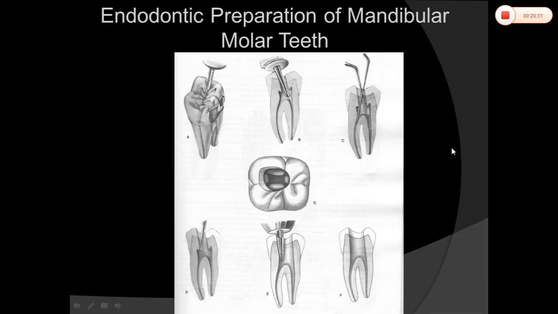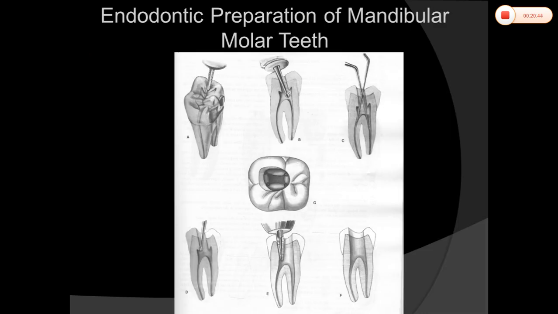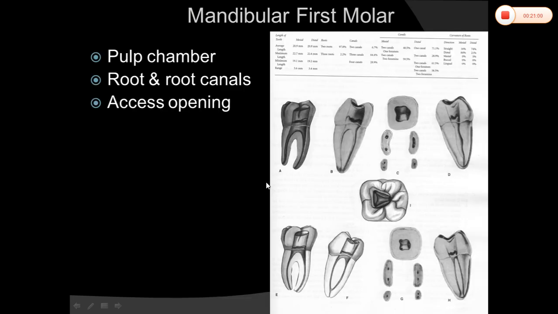We move on to mandibular molars. Again, this is the first erupted in the oral cavity. The mandibular first molar is the first tooth to erupt in the oral cavity, and it is also a tooth at high risk for caries because it is the first tooth to erupt. Generally, the first molar has five cusps and two roots.